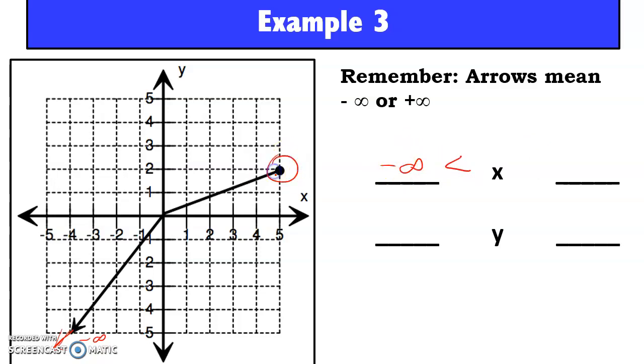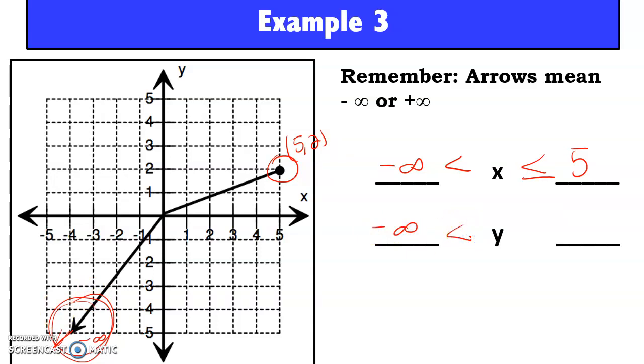What's my rightmost point? It's right here. And that's at 5, 2. So 5 goes here. It is a closed circle, less than or equal to. So x is somewhere between negative infinity and 5. For my range, again, I'm going to use this point down here, which is negative infinity, because that's my lowest point,